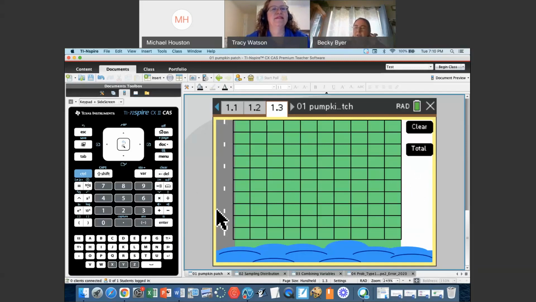All right, so Tracy, why don't you go ahead, you're already clicked on the road. Someone said to stratify by the columns. What if we stratified by the road because your mouse is already there? Do you think you could get this to make a random sample for you? Oh, yes, I can, because I read the directions on 1.1. It says if I click along the road, it'll randomly select a block in that row. So I can get my 10 random samples using the rows as strata.